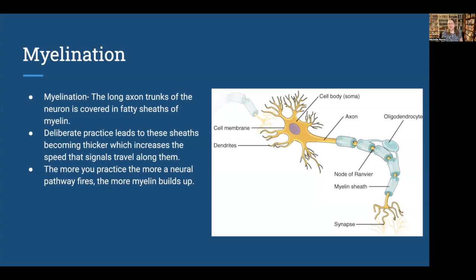So the myelination is right here along the axon, and it's covered in this fatty tissue called myelin. The more we use a particular neuron, the more the myelin sheath builds up and the faster the signal travels down it. And this is what aids us in being able to recall something super fast. So the more we help our students go over particular information, the more we're firing those neurons, the more we're asking them to recall something, the faster this happens. And then it's like lightning speed. They're able to retrieve it without really having to think about it.